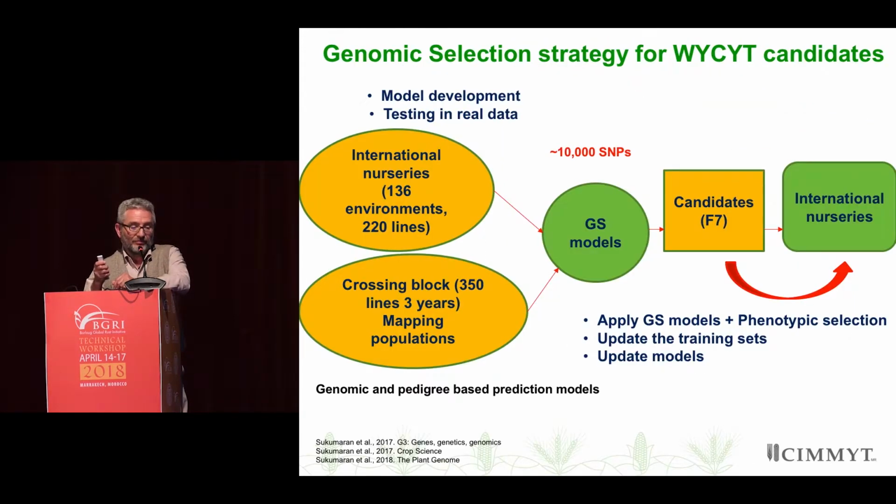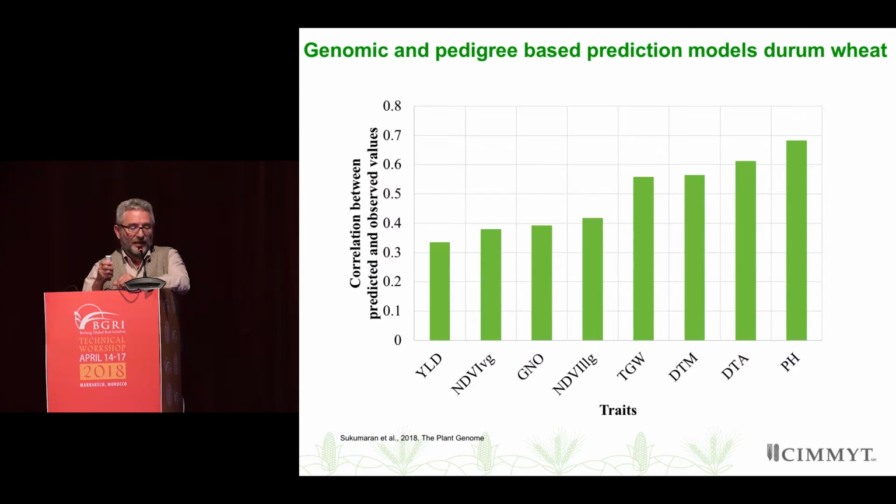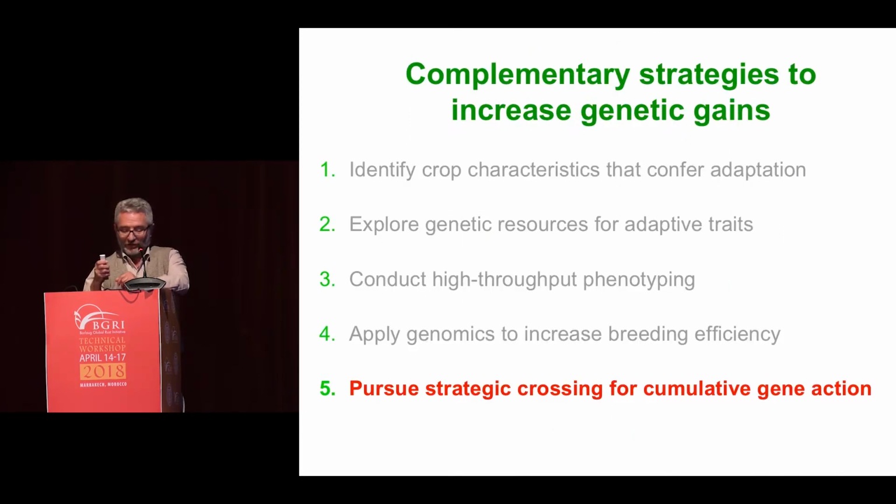if we can develop markers. Genomic selection: we're using our pre-breeding material to develop genomic selection models so that we have more confidence in the lines that we send out to international nurseries. And of course, the predictions, as you would expect, as you can see in this figure, are much better for the heritable traits than they are for the less heritable traits like yield. So finally,